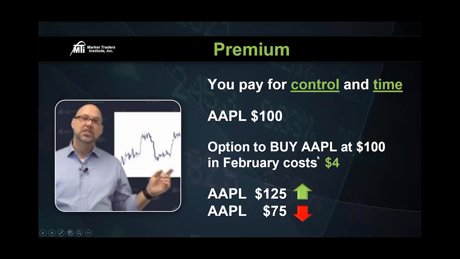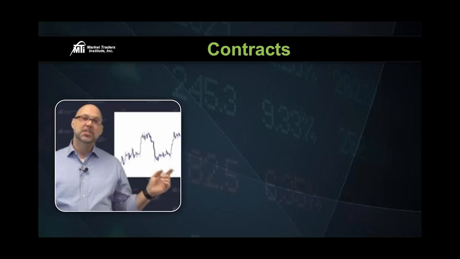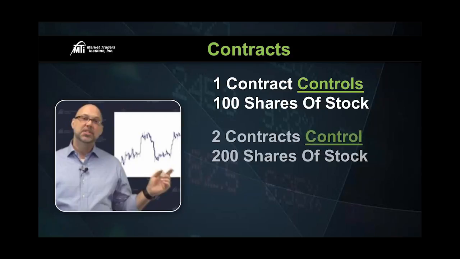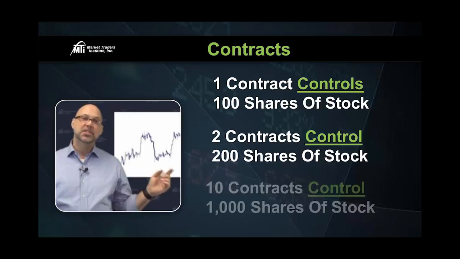Now, one more quick term before we start putting this all together. My new people, this is what I want you to write down. In options, we trade in contracts. Each contract that we buy controls 100 shares of a stock. So if we buy one contract on Apple, we are controlling 100 shares of Apple. If we buy two contracts, we are controlling 200 shares. If we buy 5, we're controlling 500. If we buy 10, we're controlling 1,000. So it's scalable. You start off maybe trading 1 or 2 contracts, get to the point where you're trading 3, 4, 5, 10 at a time. I'll explain how that works here in just a little while as well.